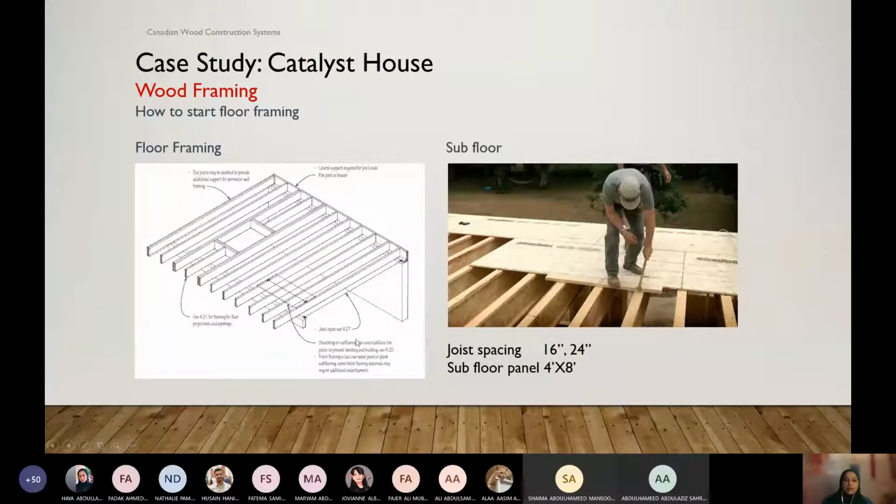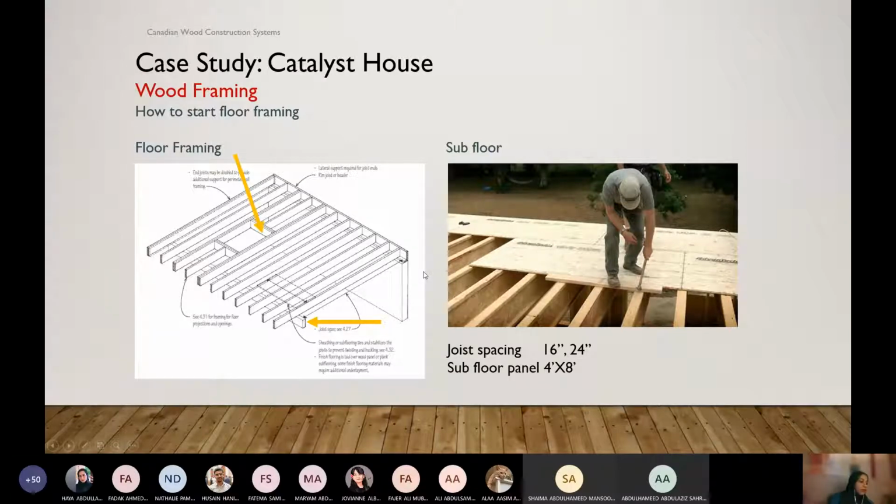Now that's how the floor framing looks with the wood. And to hold the joists, those horizontal members, they need support underneath. So we use beams underneath. And of course, the beams are supported with posts or columns. And the columns have the same kind of footing, a concrete footing that goes below ground.